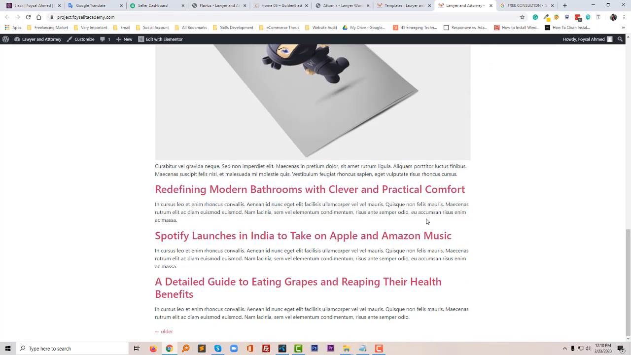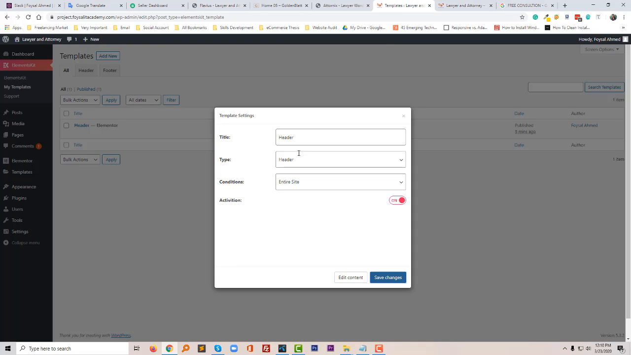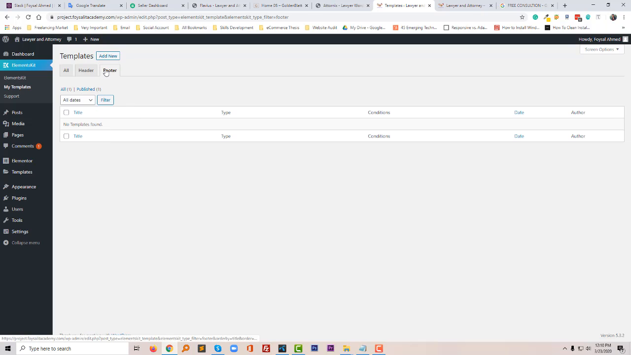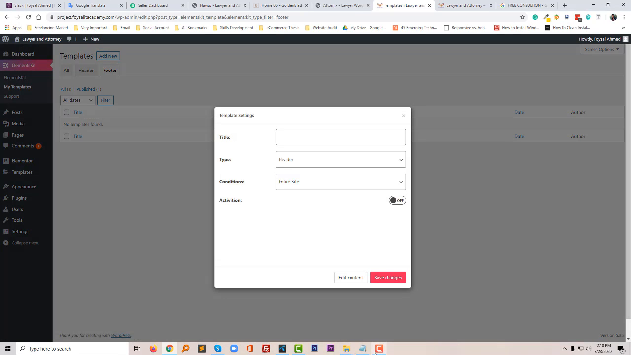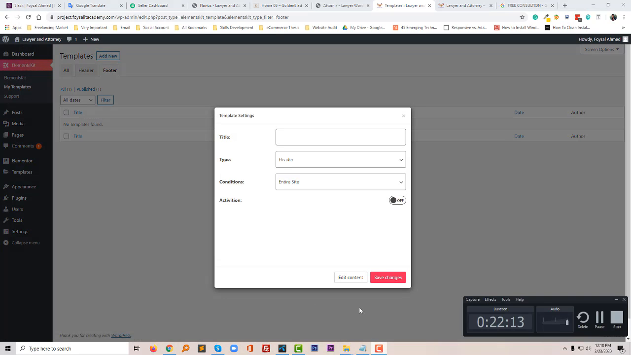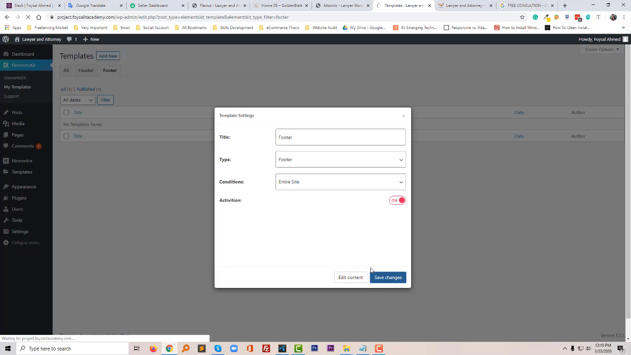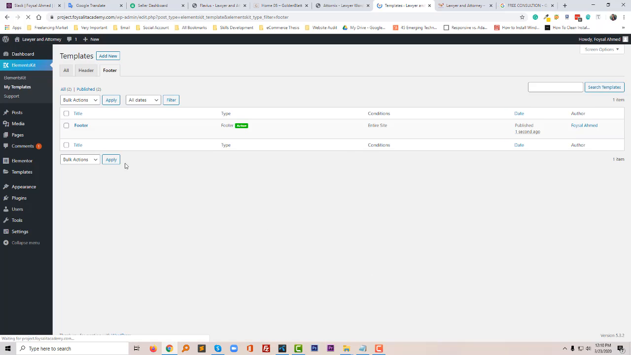Now we need to design our footer section. So to do this, I am going to click on the footer and going to add new. Type footer, enter website, activation, save change. So now going to edit